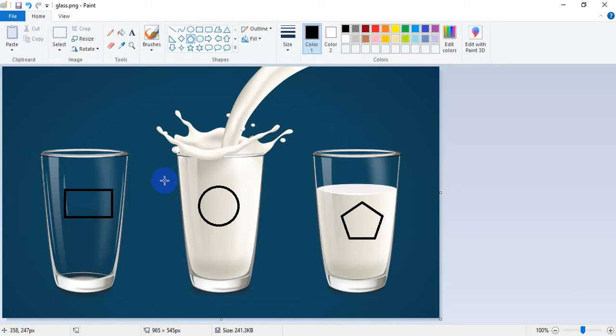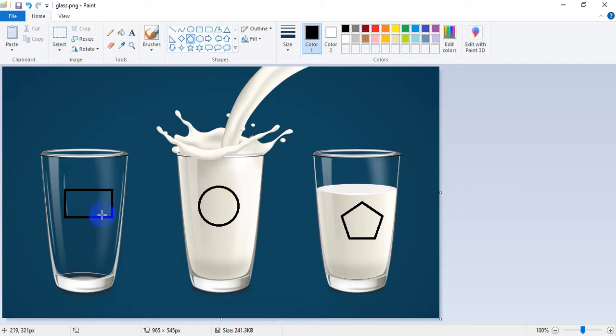Okay, so now we are interested in this shape. The first shape is rectangle, then circle, then polygon. So we are interested in that particular shape. You have to remember this, because in my previous lecture I told you how we can take coordinates of rectangle, circle, and polygon. I even told you how many coordinates you have to take of that particular shape.